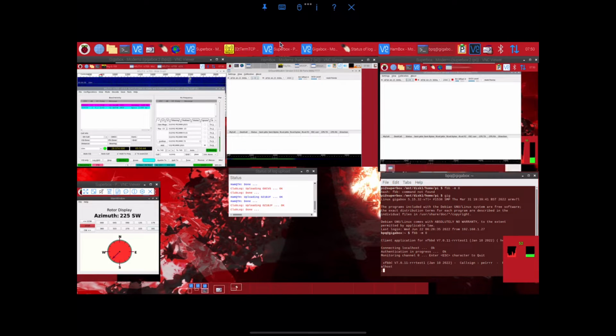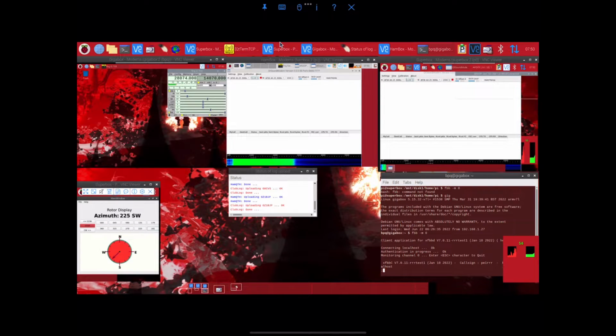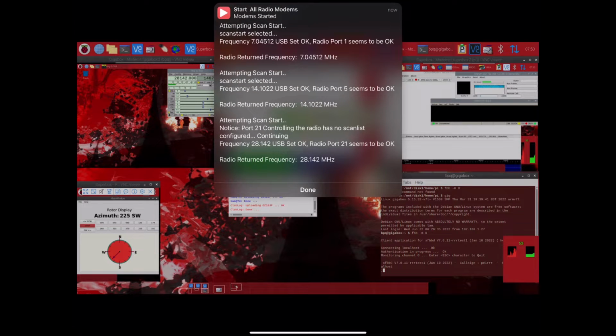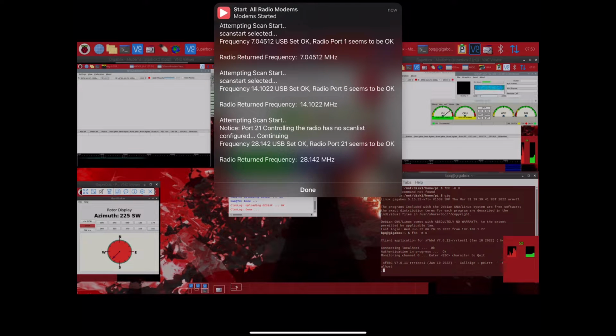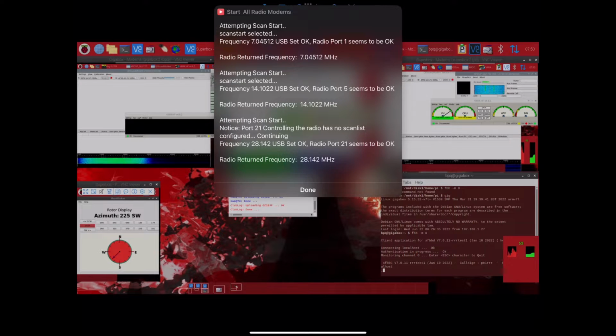I've got a little custom script that sorts out setting radio frequencies via the node, and that's running through the back end telnet interface with BPQ, or LinBPQ. What I'm going to demonstrate with this as well is showing how it can be used to